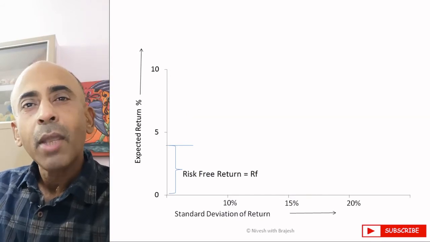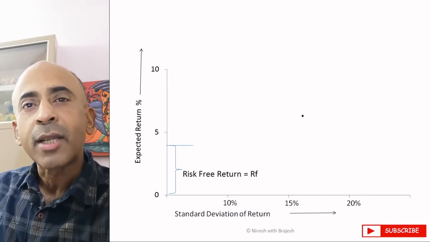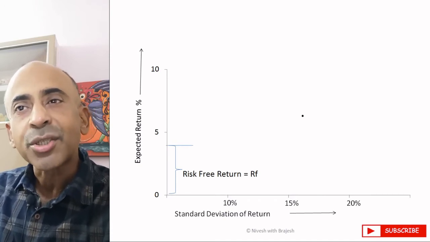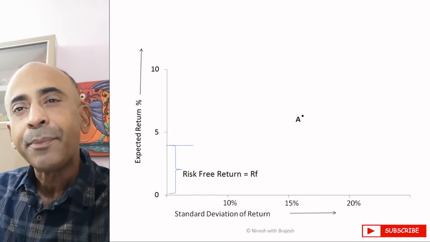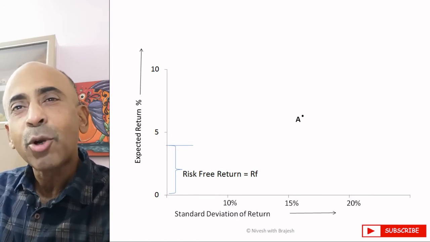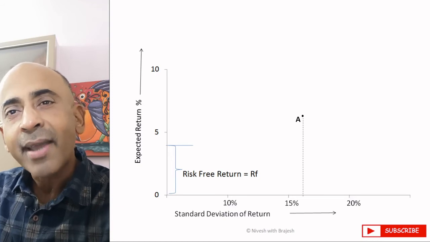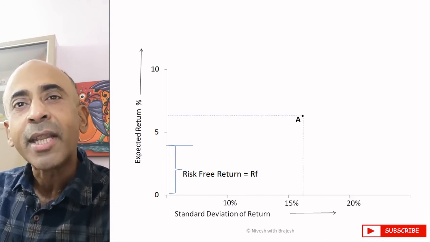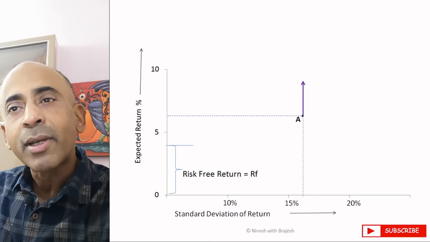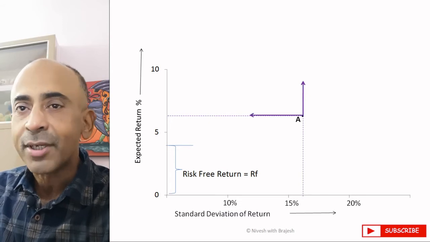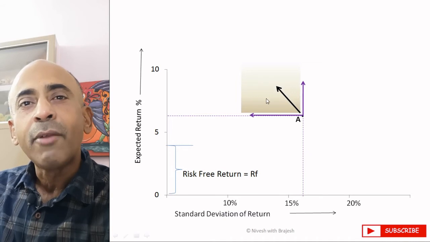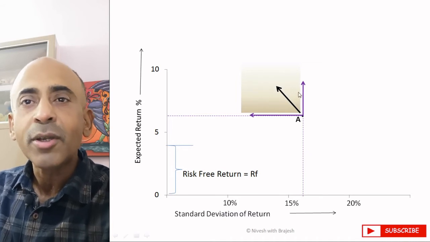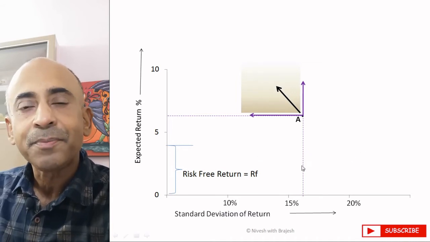So if we pick a point P in the risk reward graph and ask the question, what are the other portfolios that are strictly preferred to point A? The answer is any portfolio that has a higher return than A, that is pointing upwards, and lower risk than A, that is pointing leftwards. Hence any portfolio in the highlighted quadrant will be preferred to A, not in the other 3 quadrants.